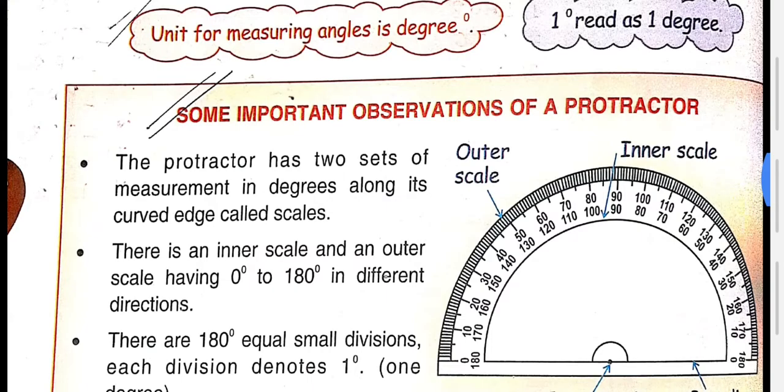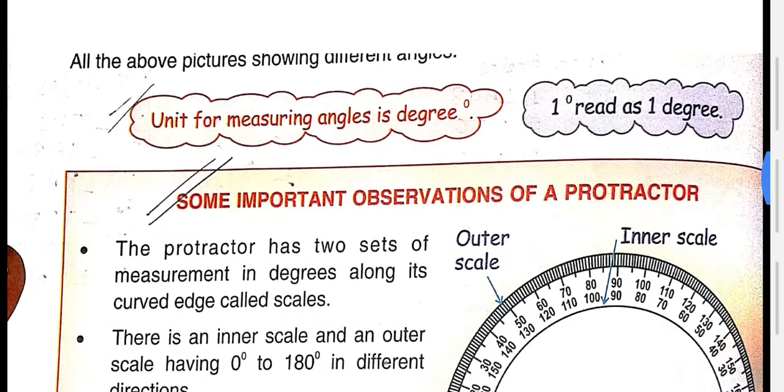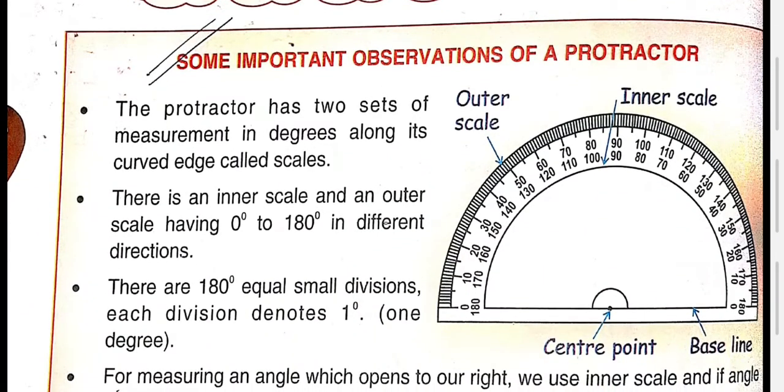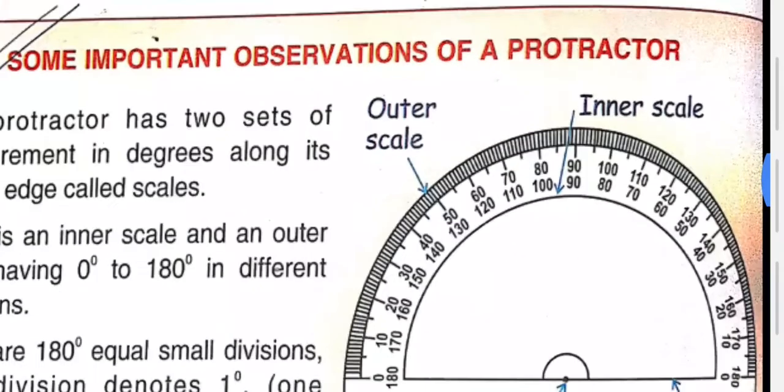6A. Now I come to 6B, but before starting this exercise we have to study some basic things. So now I am introducing a protractor. All of you know the protractor. All of you have it in your geometry box. Sometimes it is also known as D because its figure looks like a D. So first you study about this protractor.